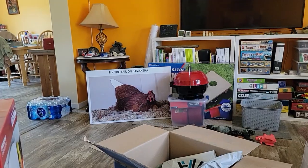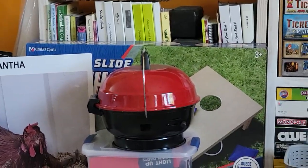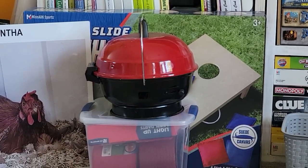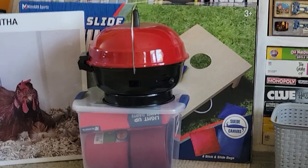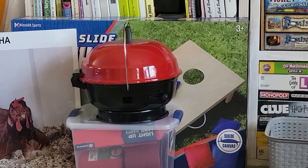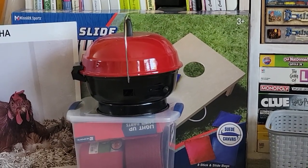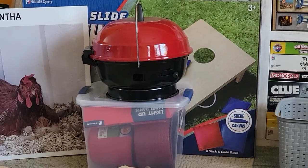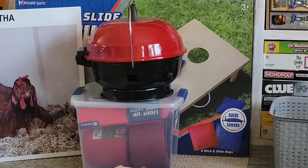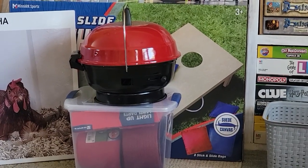Here, let me grab the phone for a second. All right, just as a little preview, we got a cornhole game. We bought a little charcoal grill. I was gonna have a redneck grill that I was gonna make using the CMU blocks, but to get the grill part itself, where you actually cook the food, costs twice as much as what that grill is. So we just got a cheap one at